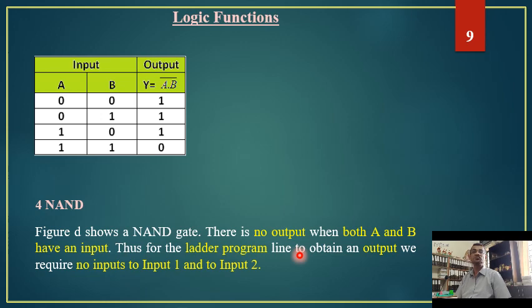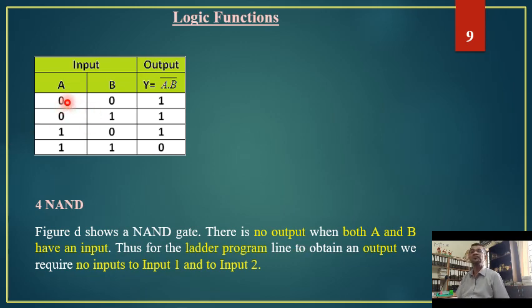Next we will pass on to NAND operation. It is the inverted AND operation. AND is merely multiplication, and after multiplication, if we invert it, we will get a NAND operation. So let us just see the truth table.